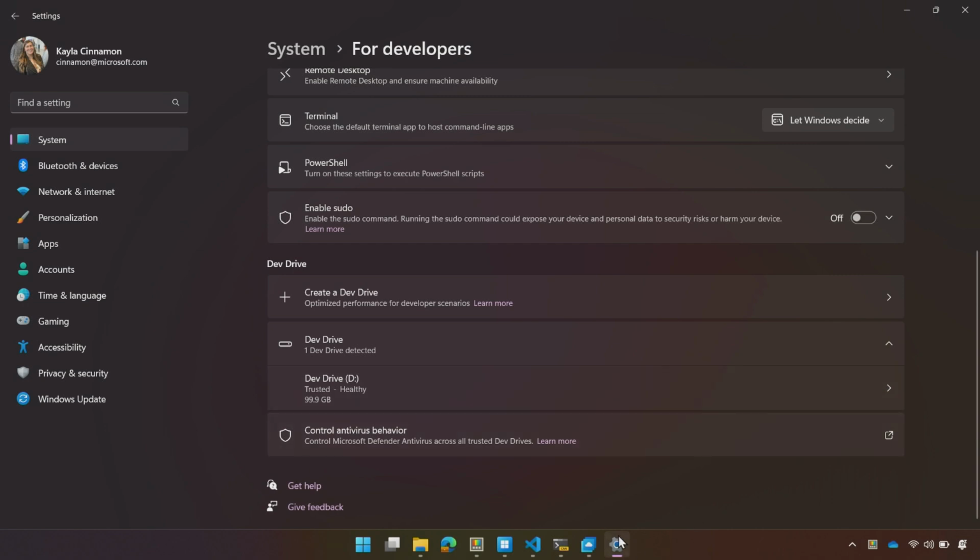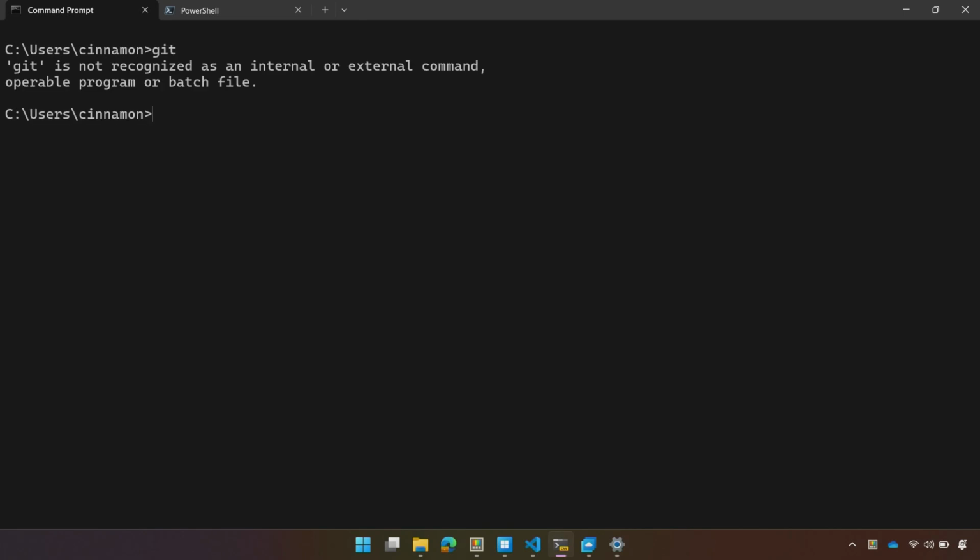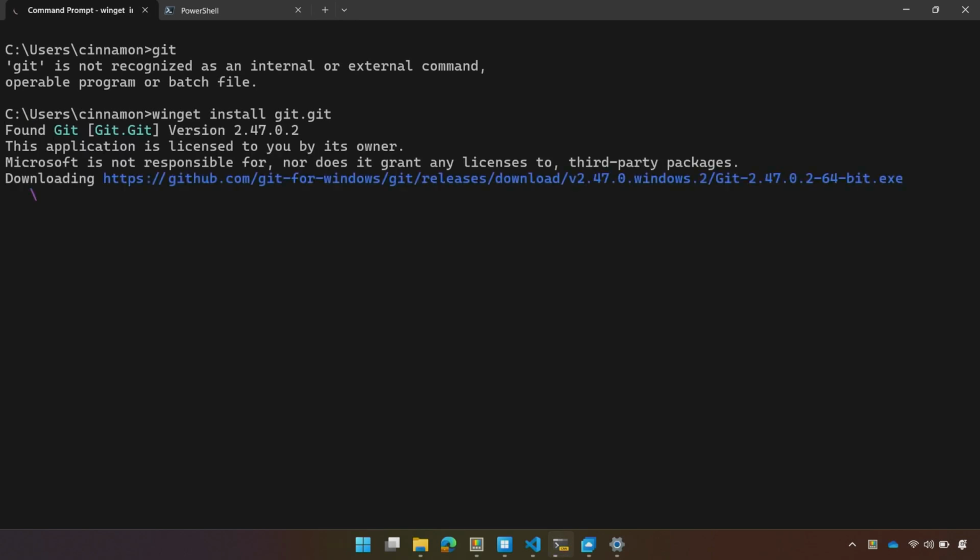And then the other thing I just want to start us off with is Winget. If you aren't familiar, Winget is our Windows Package Manager. And you can see here, I don't have Git installed, which is the main thing that I use. Embarrassing. So I'm going to just install it here on stage using Winget. Winget's package repository is open source on GitHub, as well as its CLI. So if you want to contribute or add packages to it, you can.